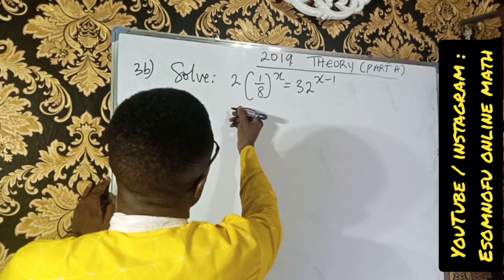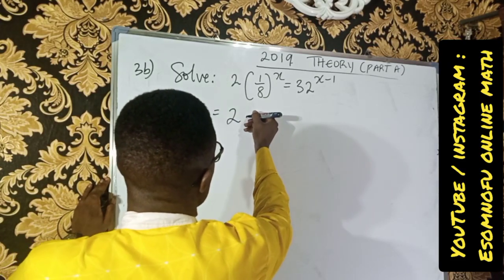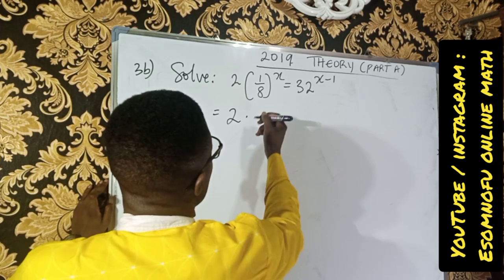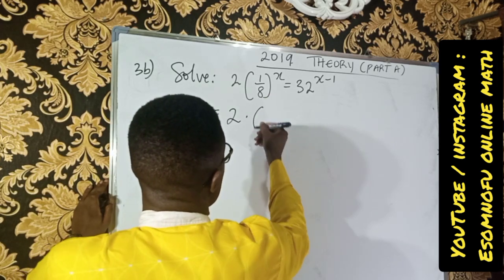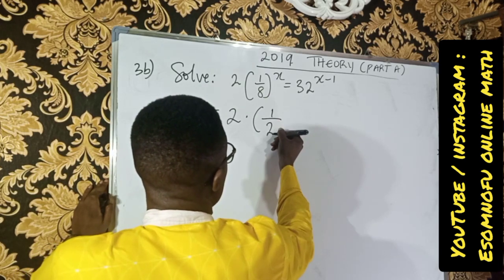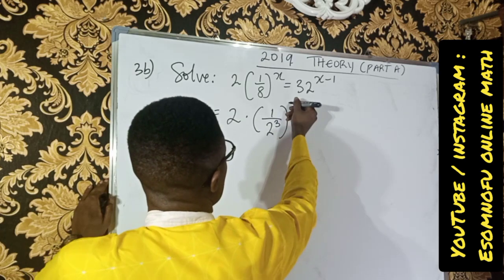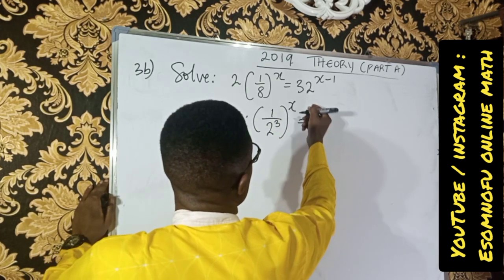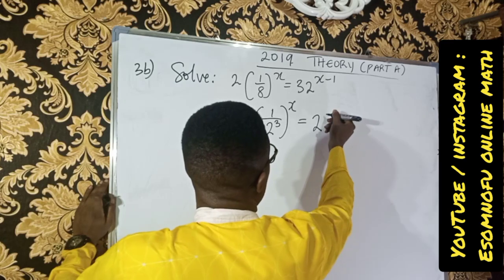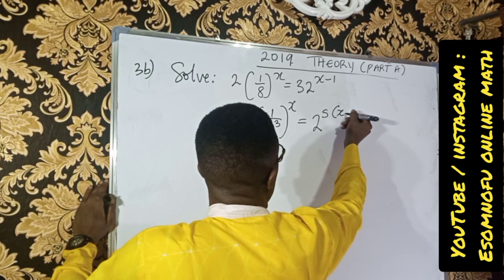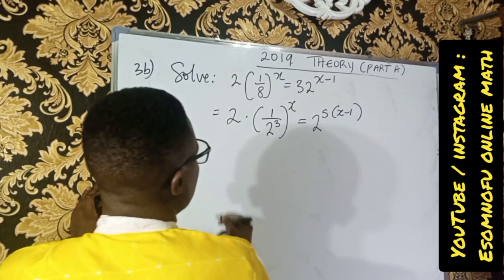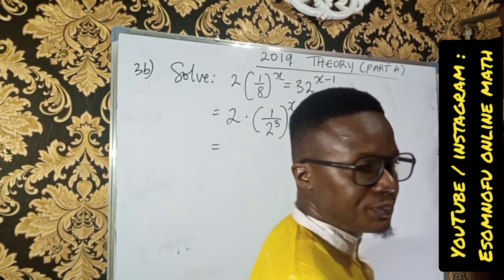So to solve this, you should know that this is the same thing as 2 times... 1 over 8 can be seen as 1 over 2 to the power of 3, then raised to the power of x, equals 32 can be seen as 2 to the power of 5, then raised to the power of x minus 1. So this will now give us